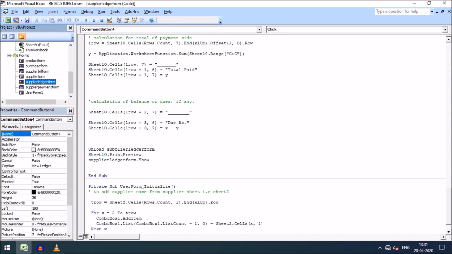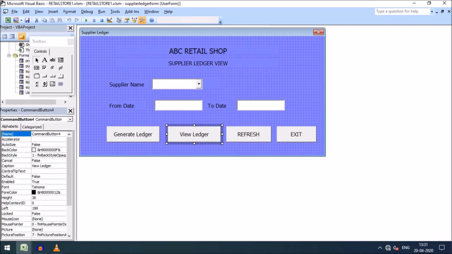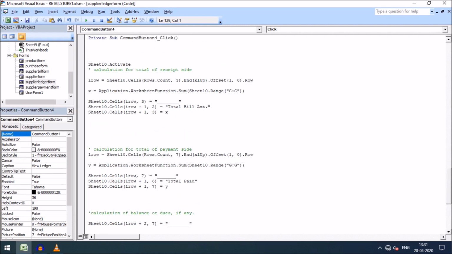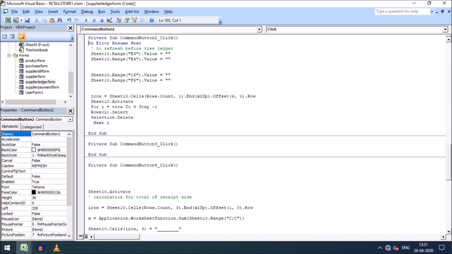So friends, this is our supplier ledger form here, and you showed the codes of ledger view option within this code. This is the codes, and next I want to refresh this, and you can see I want to blank the values of this, that is supplier name, supplier ID, supplier starting date and finishing date, to make this sheet ready for the next bill preview.